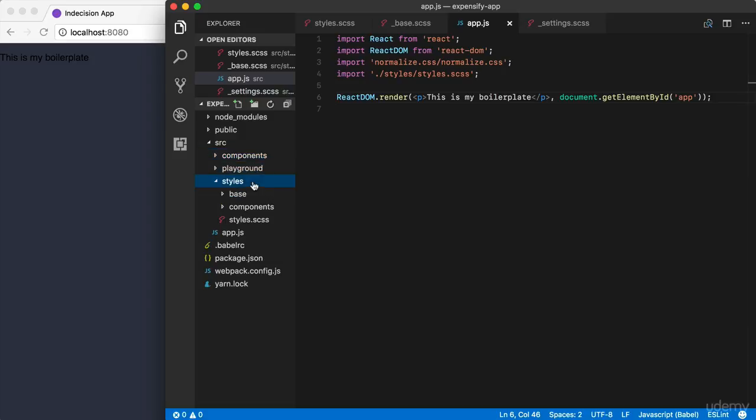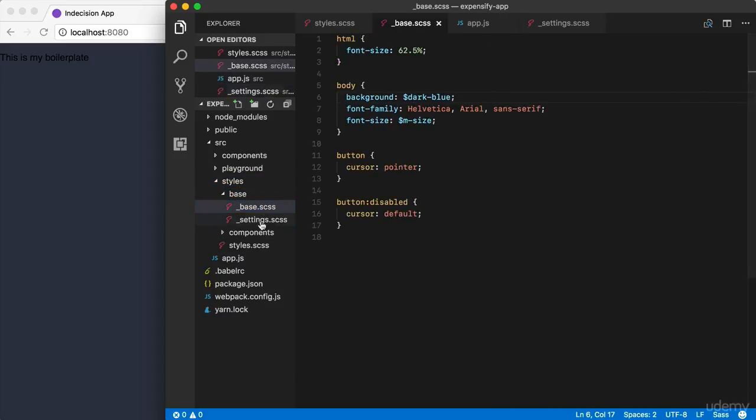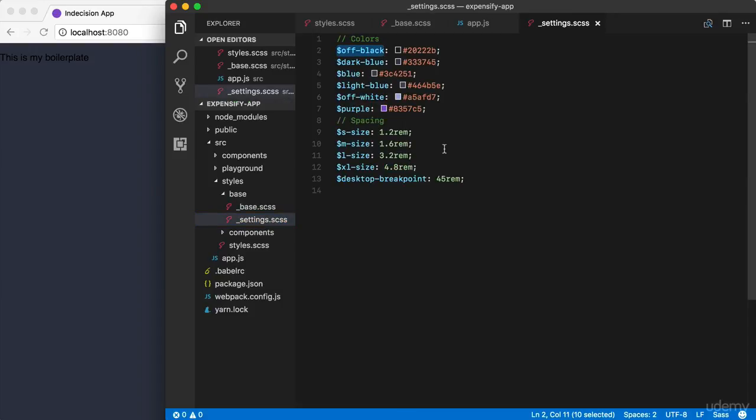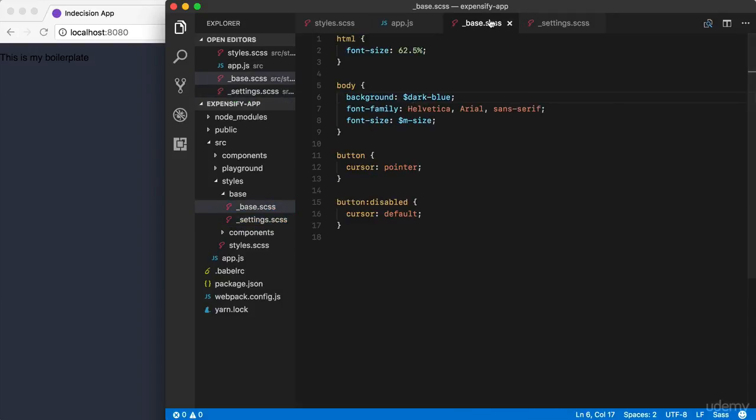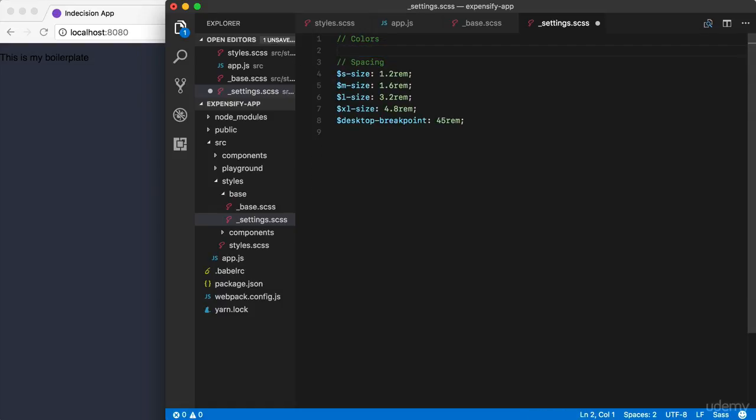Next on our list, we have the styles folder. Now, styles.scss is the main entry point, and we're going to leave that in place. We're also going to leave the base file in place and untouched, and the settings file as well. Now, I actually just said untouched, but we are going to make one small tweak. Inside of the settings file, I'm going to remove all of the color variables. We can leave these sizing variables in place, as we'll come up with similar ones later, but I will gut